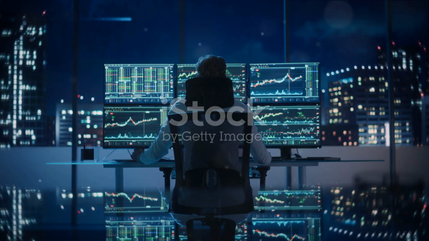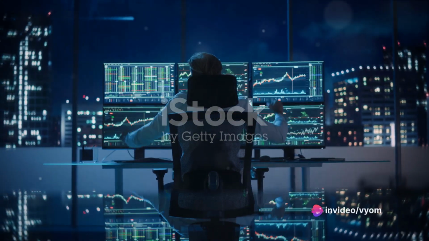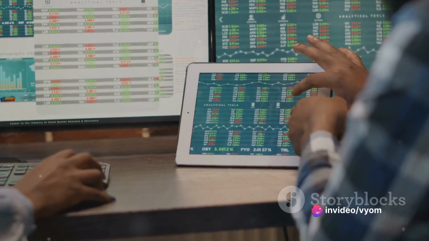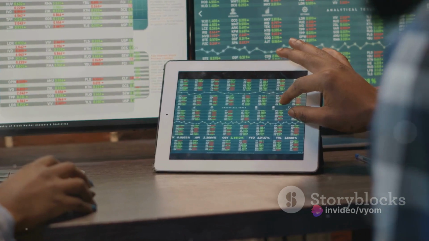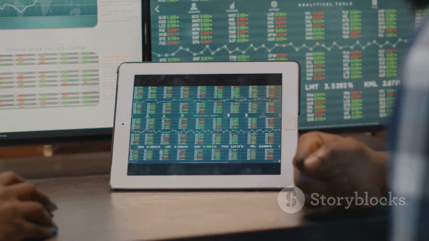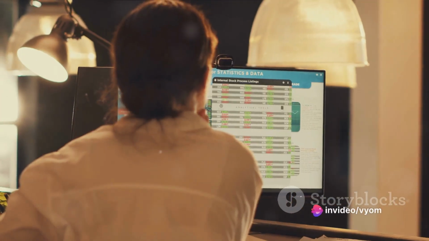Let's not forget about versatility. The Channel Commodity Index is not a one-trick pony. It can be used in any market and in any time frame. Whether you're a day trader, swing trader, or a long-term investor, this tool can be customized to suit your trading style and goals. Finally, the Channel Commodity Index is built for accuracy.